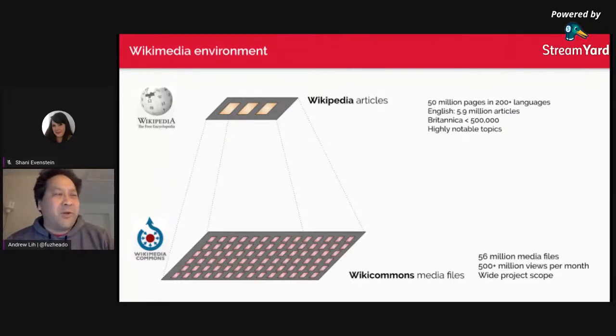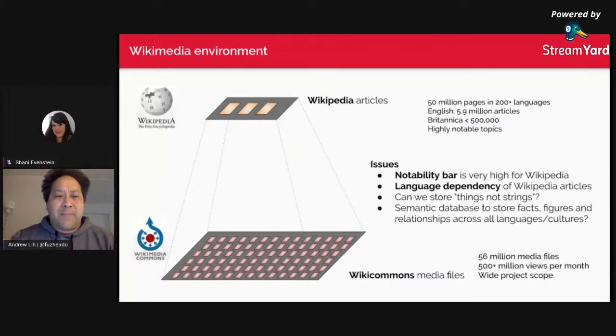It's like a big pile of photographs in your attic, and you're not exactly sure how to find it, but if you stumble across it, it's quite useful. And the way I like to say it is that we have this problem: if you have a very notable artwork for the Met or Smithsonian, you might have a Wikipedia article, but there's a very high notability bar for Wikipedia. Also, we have language editions across these different